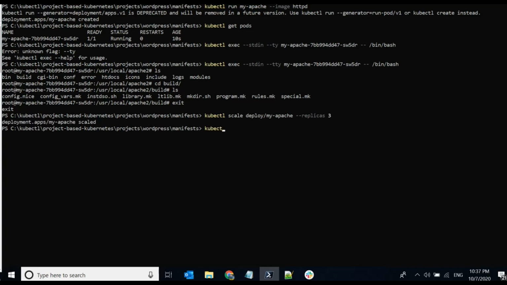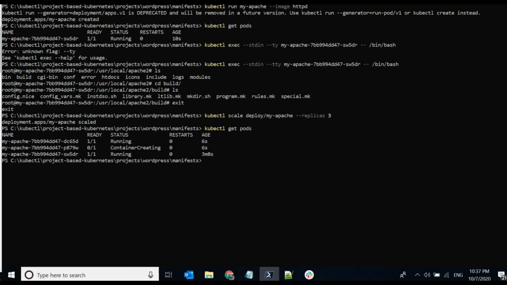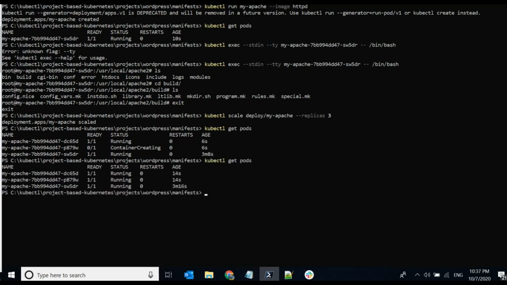Right. So kubectl get pods. See, it is creating one, one got created seconds ago, and the other is, yeah, see. It's so easy to scale based on the need. We will see more on the scaling part when it comes to WordPress and how easy it is to scale. If a massive need arises to handle the load, how it is going to be, we'll look into it when we come to the